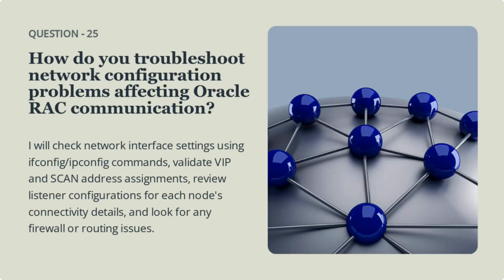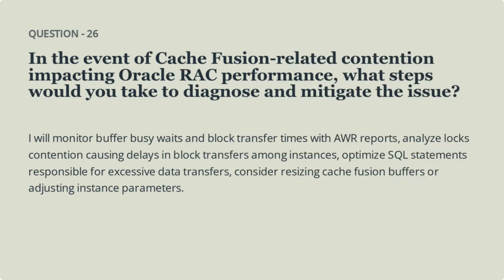To troubleshoot network configuration problems affecting Oracle RAC communication, I would start by checking the network interface settings using ifconfig or ipconfig commands. Next, I would validate the VIP and scan address assignments and review the listener configurations for each node's connectivity details. Additionally, I would look for any firewall or routing issues that could be impacting the communication within the Oracle RAC environment. When facing cache fusion-related contention impacting Oracle RAC performance, it's crucial to take proactive steps to